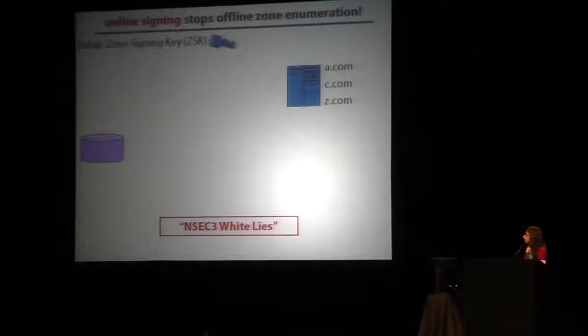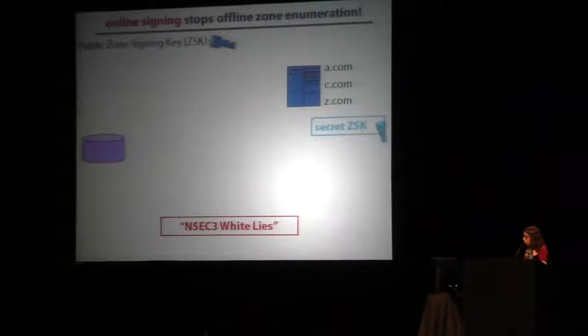Okay, so what online signing does is it changes what's happening here. Previously, our name server had pre-computed records that it was just using to respond to queries. What we're now going to do is give the zone signing key to the name server, which by the way means that if the name server is compromised, the entire security of the zone is gone. Okay? But in any case, you give the key to the name server, and now whenever a query comes in,